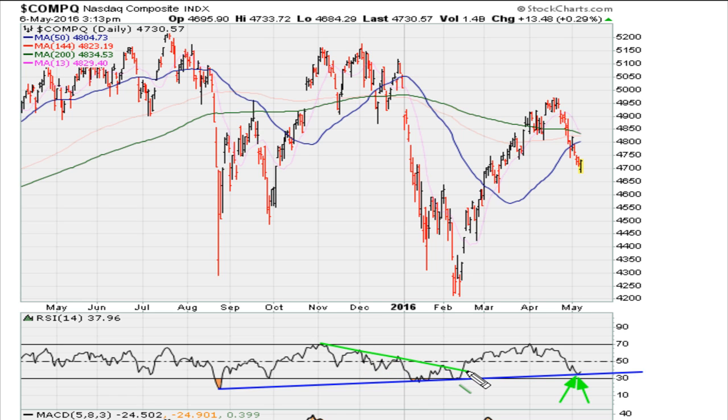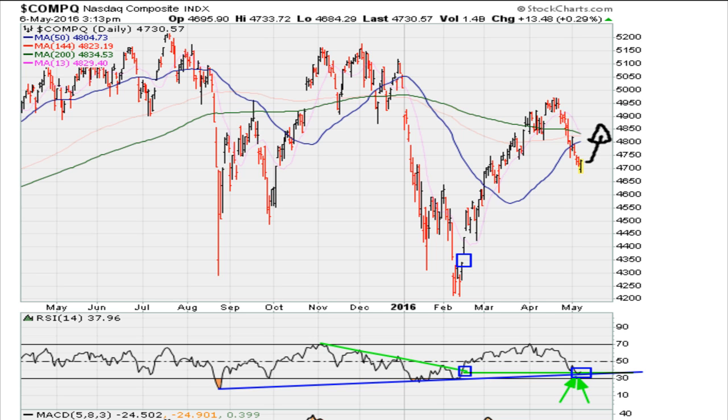And there's also another line that we can look for guidance, and it is this RSI movement here. Once we moved above that range here, the market came off the lows of February, so we can draw a line from there, which I call the uniformity line. So a simple line, and you can see that that green line is coming into play right now, with the market doing its best to hold. So as long as the market is bouncing on those two lines, we have to assume that day to day things look like they might be pointing to the upside.